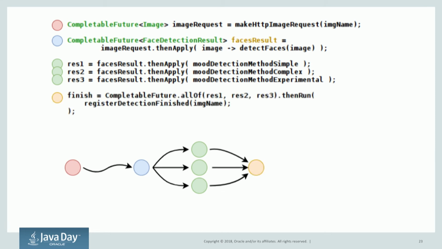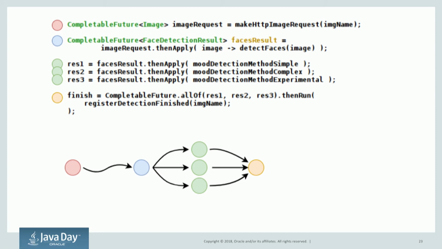The next thing we might want to do is wait for all of those three to finish so that we know when we're done. Because they all happened in parallel, how do we wait for all three of them to finish? Do we block? It seems like that would be complicated to do. But there's this method on CompletableFuture, CompletableFuture.allOf, which just waits for all of those to finish, then runs register detection finished. Okay, so we've got a kind of fanning out and fanning back in model, and all